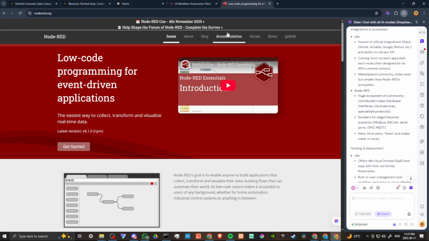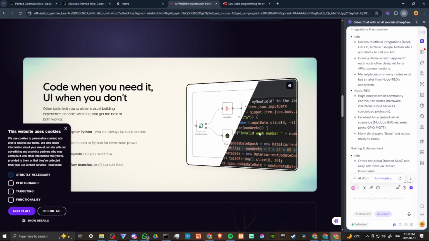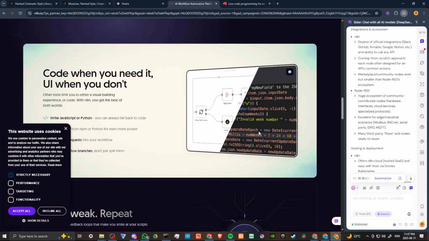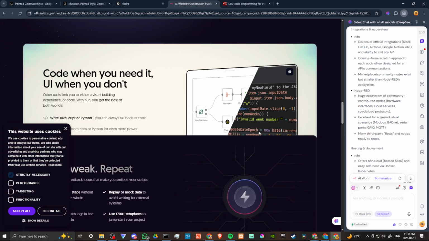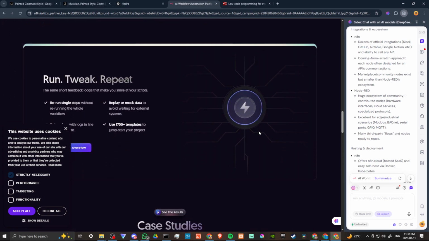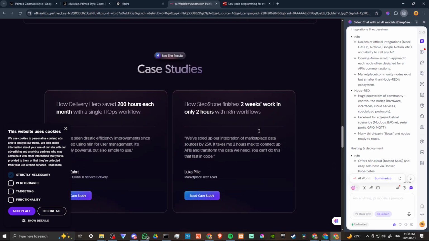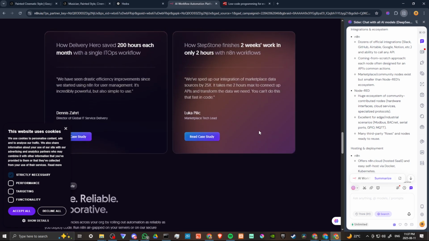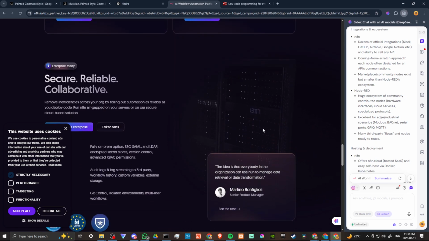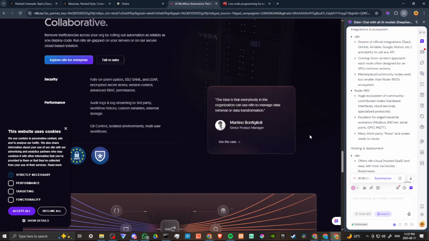N8N has dozens of official integrations. It takes a from-scratch approach, with each node often designed for an API's common actions. Marketplace community nodes exist, but are smaller than Node-RED's ecosystem. Node-RED has a huge ecosystem of community contributed nodes, excellent for edge and industrial scenarios, and many third-party flows and nodes ready